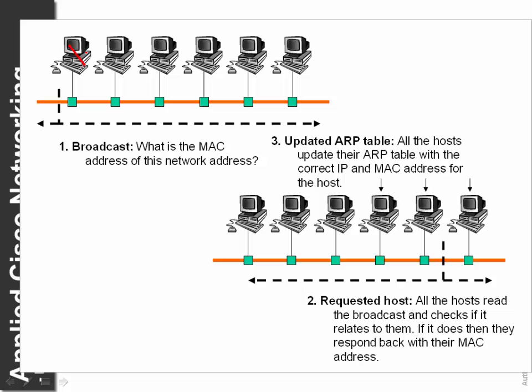Basically, if one node wants to find the MAC address of another node that it knows its IP address, it sends a broadcast ARP packet to the whole of the network subnet. So in this case, all these nodes will receive the ARP packet, where this node asks for the MAC address of this node. When this node detects that it is its IP address, it returns back only to the node which requested it its MAC address.